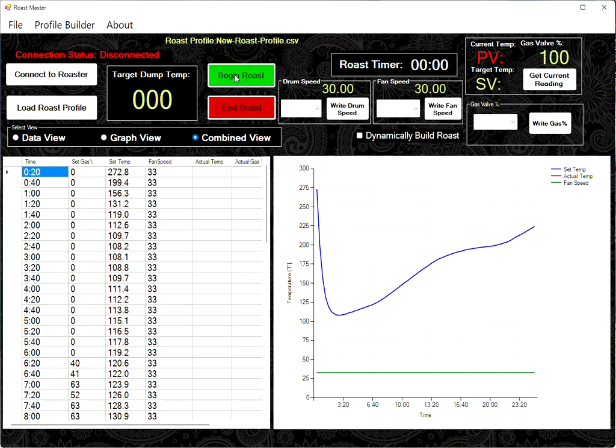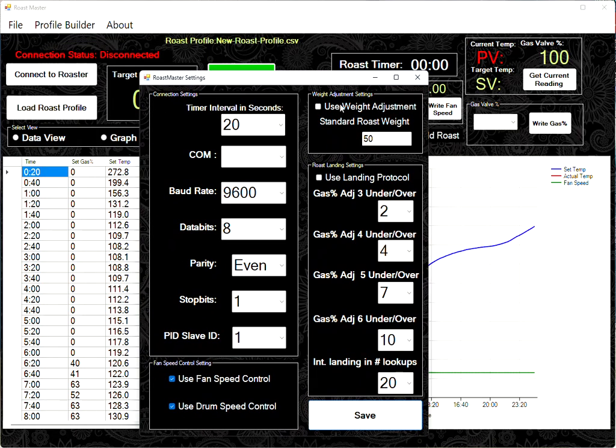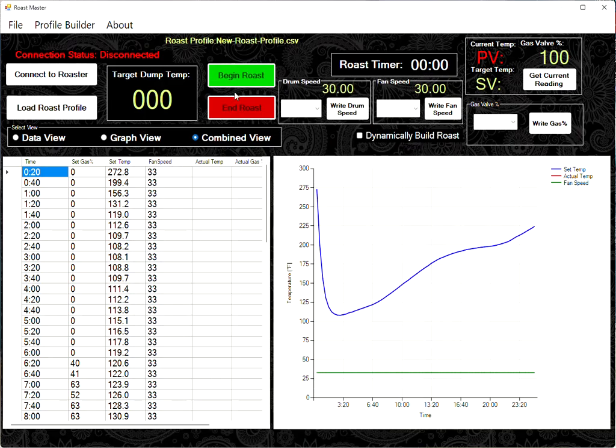If you have selected the use weight adjustment setting that we went over before, where we said we have a weight of 50 pounds is what our average weight is going to be, and we want to use weight adjustment, when we start that and we click on the OK or yes to the message that we've done everything that we need to do to be able to roast,